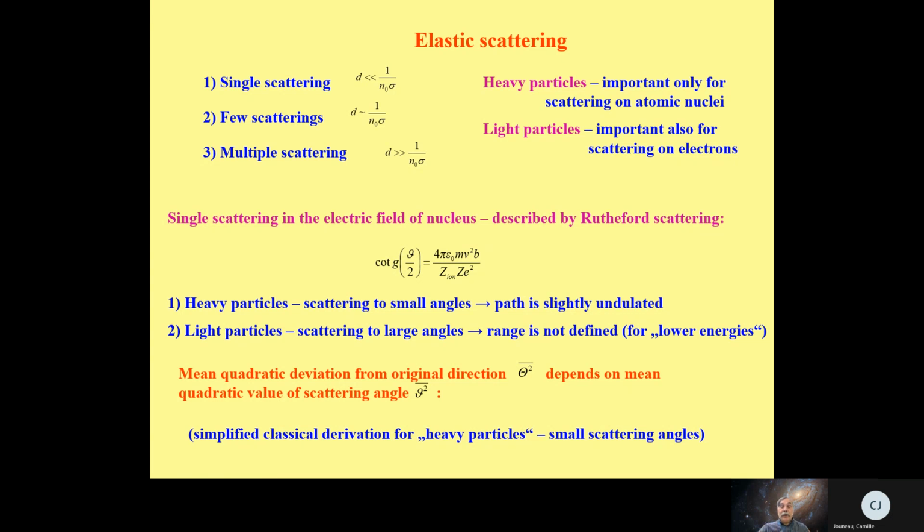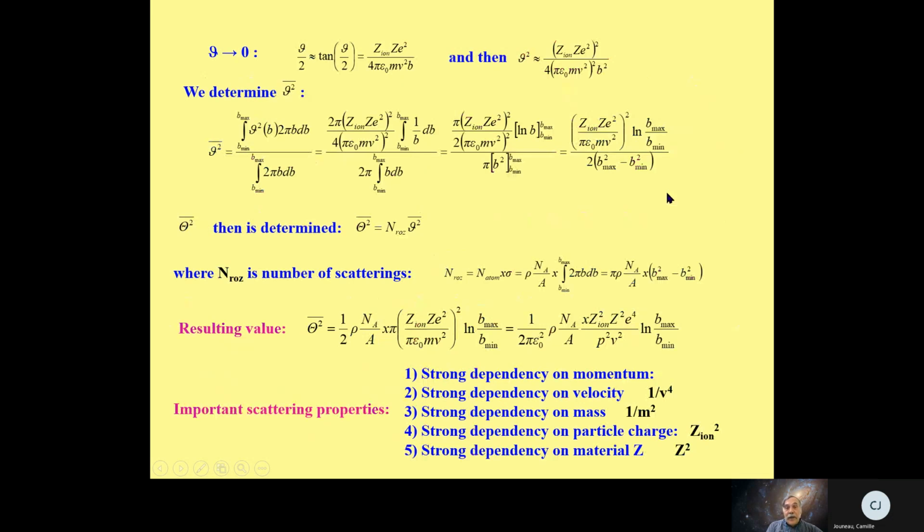The mean value in this case will be 0, because there is the same probability of minus scattering as plus scattering, if you have movement in the x-axis. If we have a heavy particle and small scattering angles, we will obtain